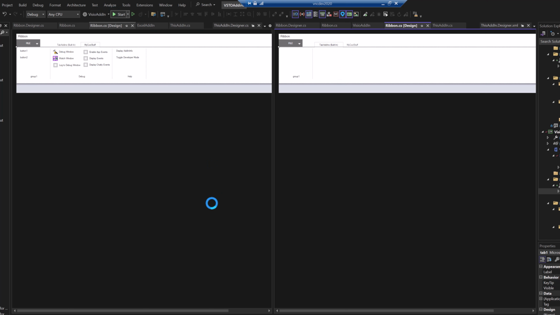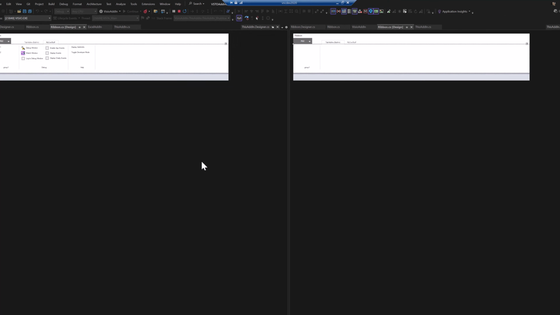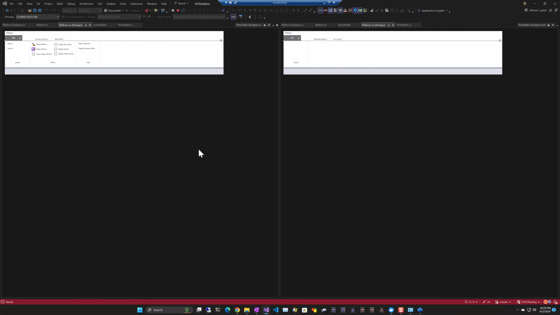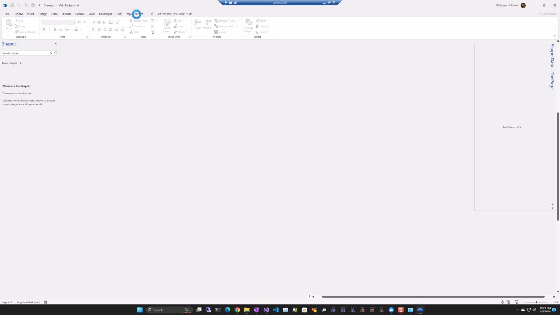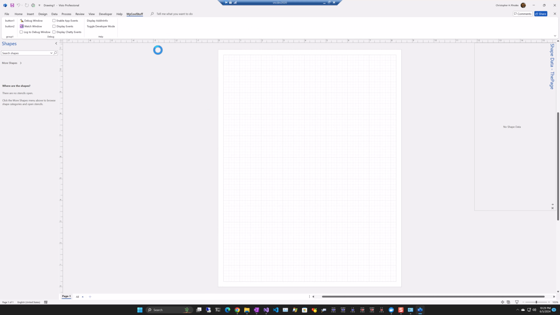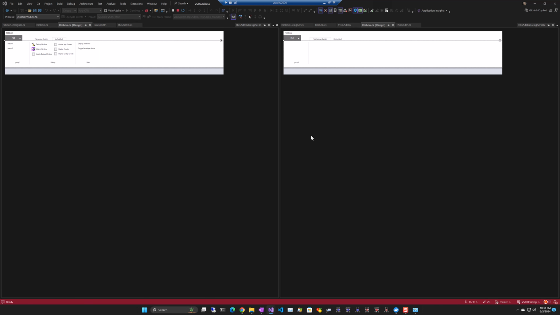So if we go ahead and run the Visio add-in, I think the event handlers might not be there, but we can easily add those back. There's my cool stuff. Wait till Visio loads. Always a little bit slower when you're running in the Visual Studio debugger. So nothing, we don't have any event handlers, but we can easily remedy that. And as you can imagine, there are multiple ways you can get there. You can double click on each of these, or